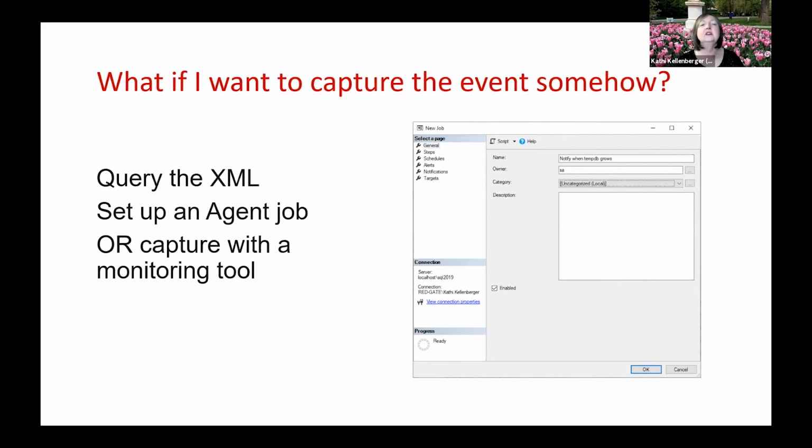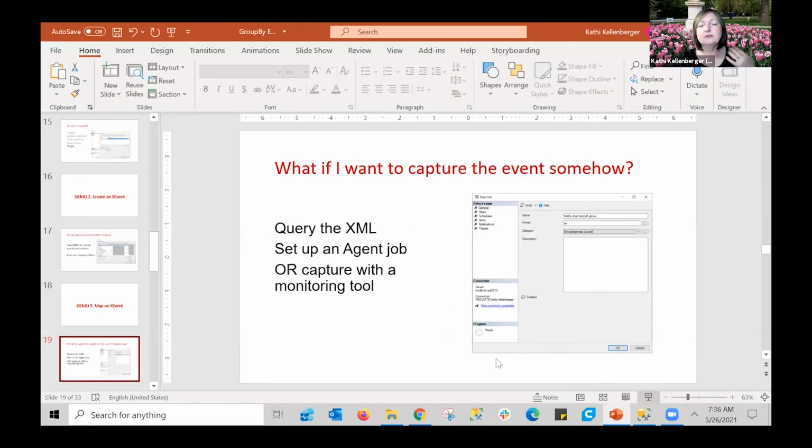You really do. So what if you have this data and you want to be notified when something bad happens? What you can do is set up a job in Agent, or I'm not sure of other monitoring tools, but Redgate SQL Monitor has a way that you can add it for alerts and reports. Since this is a Redgate session, I'm going to show you how you would do this